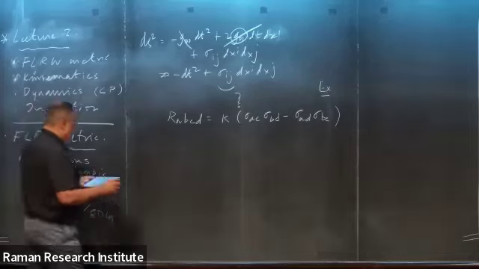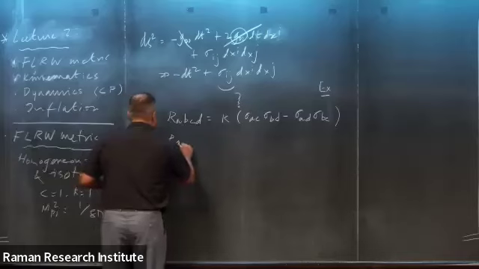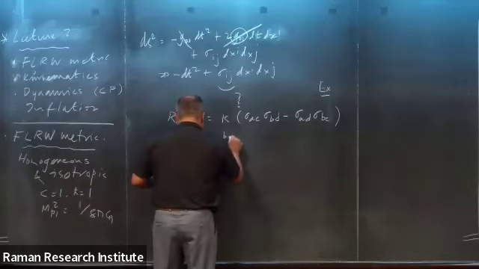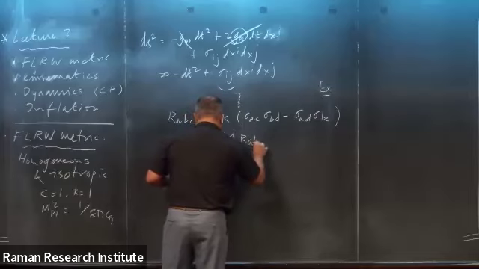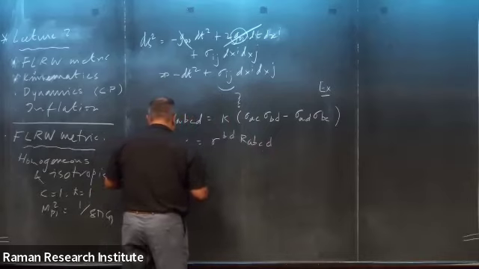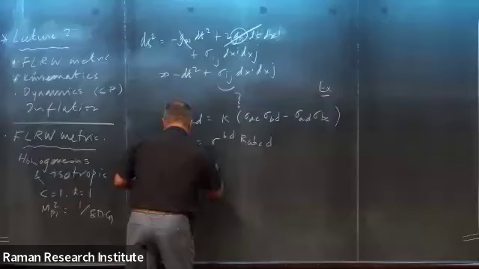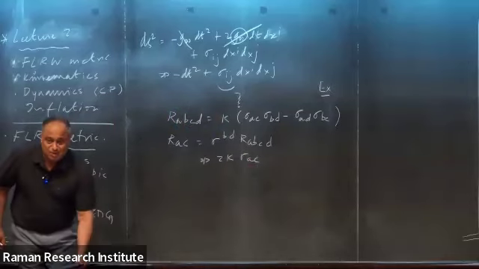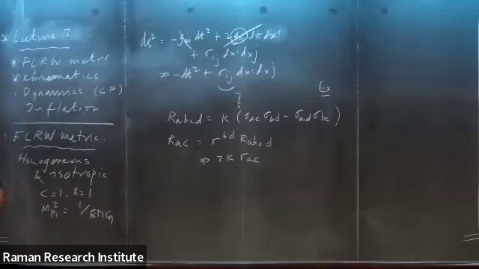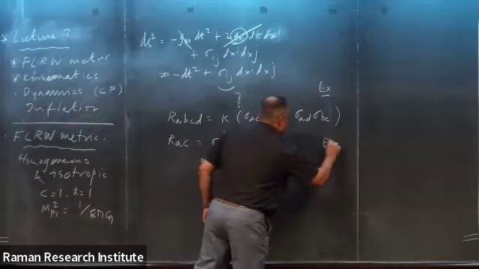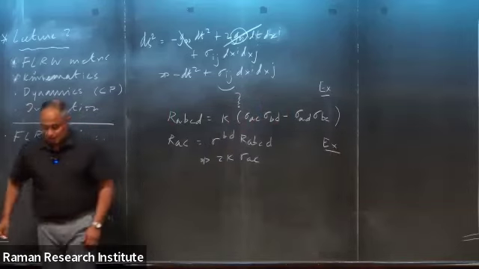Okay, so what do I have? Then you can construct R_AC, right? Which is nothing but sigma^BD R_ABCD, okay? And you can show that this happens to be 2 kappa sigma_AC. There are intermediate steps. I'm not filling them in, for want of time. You need to complete them, okay? There are exercises. Wherever I write exercise, you need to complete them, okay?